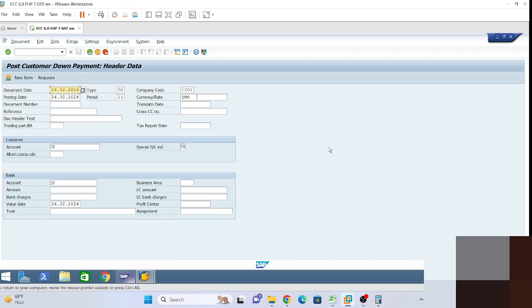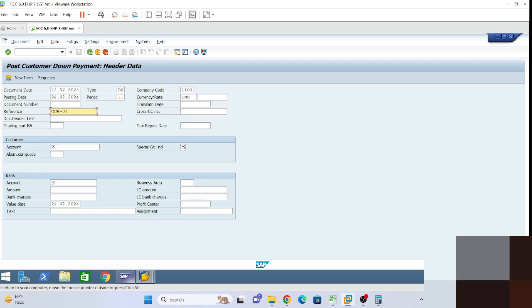So double click on down payment, this one, customer down payment receipt, F-29, double click on that. So come to the next window. Here, customer down payment receipts,